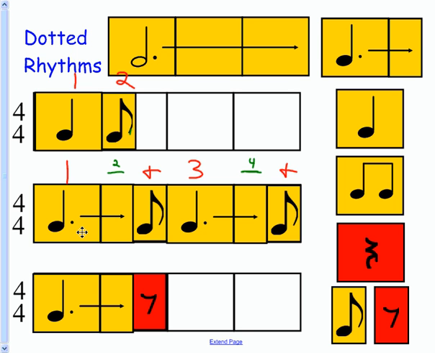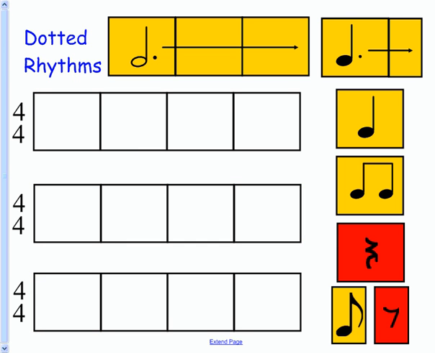Okay, so our tapping of this will go like this. 1 and 3 and. 1 and 3 and. So a dotted quarter note, always remember 1, and then the dotted quarter and eighth, 1 and 1 and 3 and. Okay, so there's those. Now, if we wanted to do a dotted half note, now dotted half note is actually